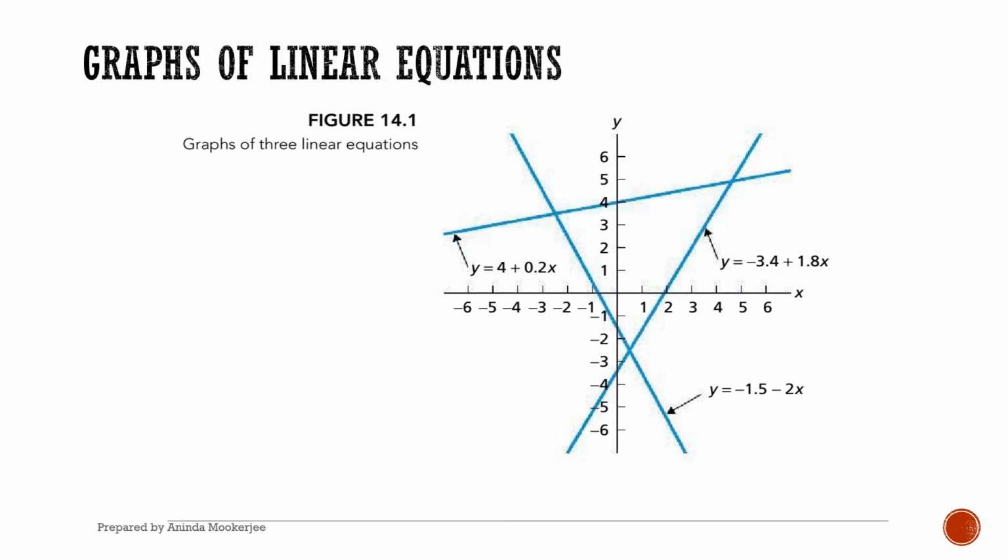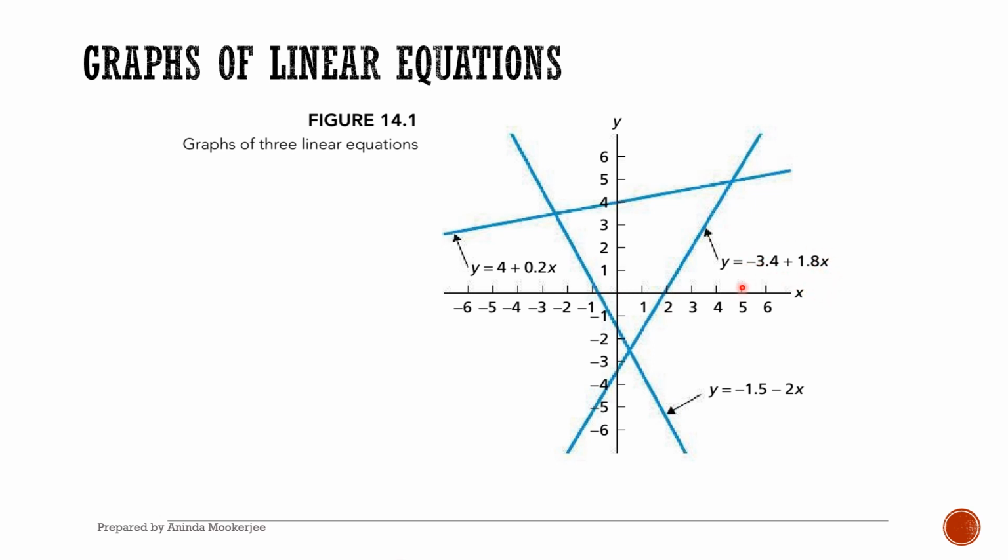Here, let's look at the graphs of different equations. Now, all linear equations will have straight lines for their graphs, and we are given here three different lines sloping in different directions, and they're all straight lines, right? So let's look at this line here. It has the equation y equals negative 3.44 plus